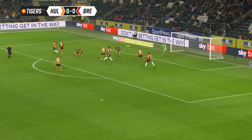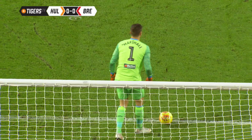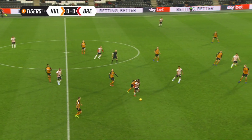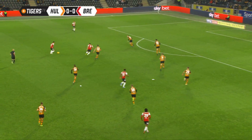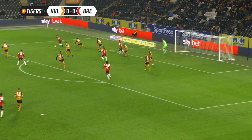The shooting boots of Benrahma may just have to warm up ever so slightly if they are to get closer to the goal. Brentford should really have been testing Marshall a little bit more there and actually hitting the target. Sawyers trying to anchor the midfield and get Brentford on their way with Watkins. Mopé trying to get into the penalty area. Benrahma twisting and turning